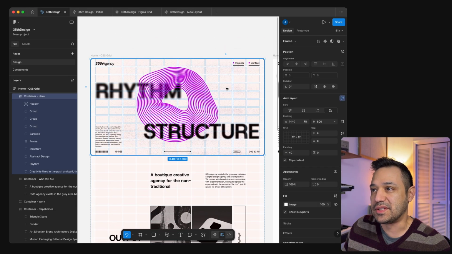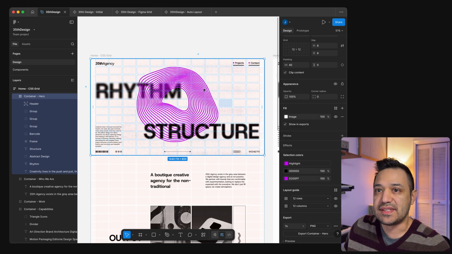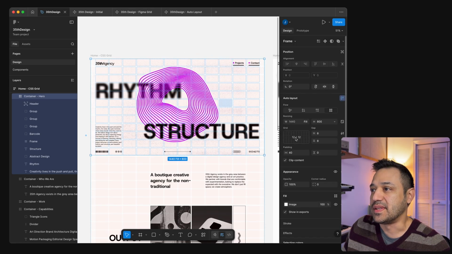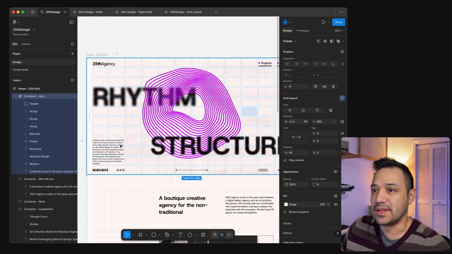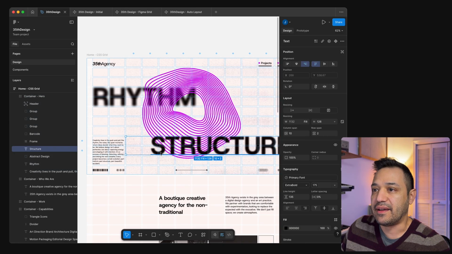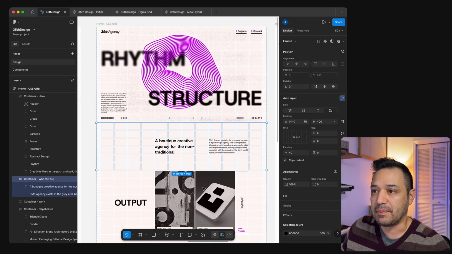So right now this is just showing the rows and columns for that section. So this hero is just a 12 row, 12 column area, and you can see that I have a CSS grid enabled here, so you can see it's 12 by 12. I just have the rows and columns enabled so that you could see it better, but I have everything positioned into this grid, so you can see that anything that I have selected here has a column span and a row span. So in my mind, I was hoping that this was going to be better for Figma Make and